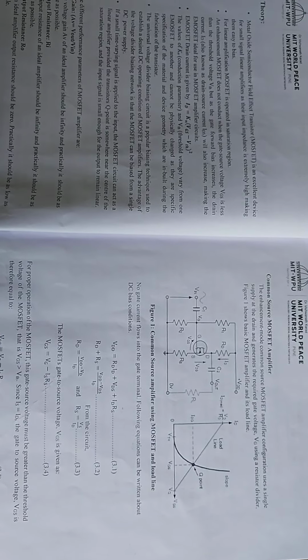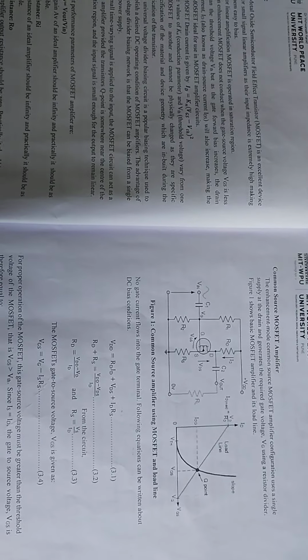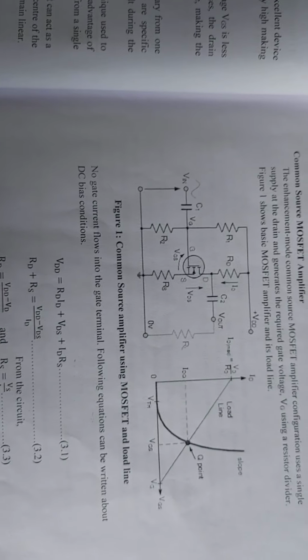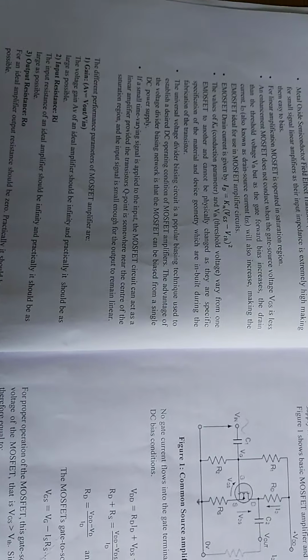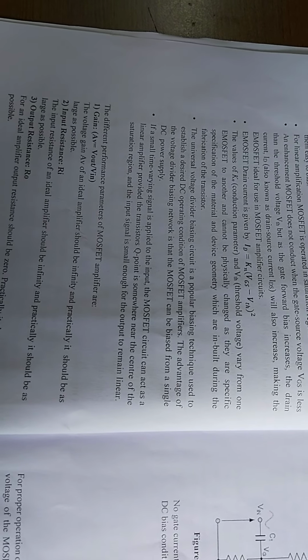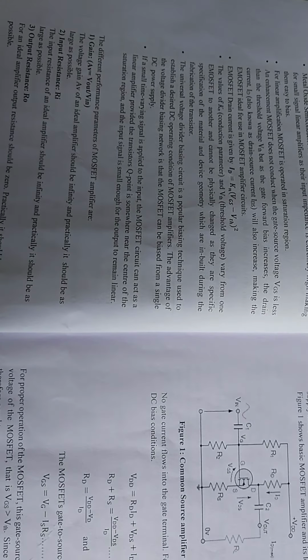So now we are working with MOSFET, and we'll try to understand the working of MOSFET as an amplifier. To have linear operation, the E-MOSFET will be working in the saturation region. All of you know there are 3 different regions in which the E-MOSFET works. They are the ohmic region, saturation region and the cutoff region.